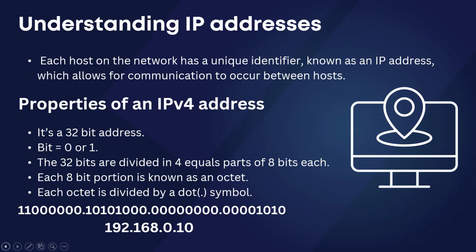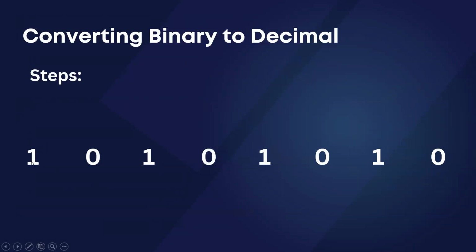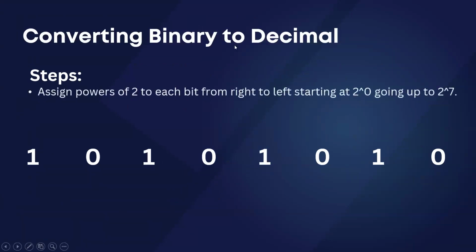Now we're going to learn how this conversion happened. How do you convert any binary number to a human readable decimal number? First things first, when you want to convert any binary number to a decimal number, there are two simple rules to follow. Rule number one is, once you have the binary number here, let's say we have the octet here, 10101010. And if we had to convert this number into a human readable number, rule number one is, oh,